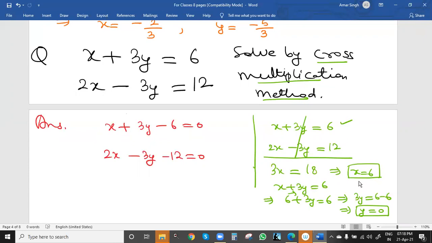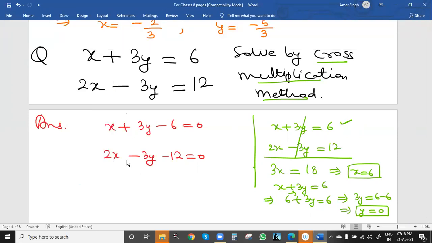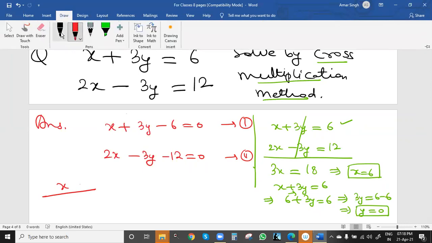Always, in the graphical method, and also in any method, we can use the elimination method or the substitution method. Mostly the elimination method is the best, or we can say the easiest method, to get the values of x and y. Now coming to the cross multiplication method, here we have to solve. See, simply we can also use the direct method, no need to write the formula, just put the x value, write x, and then directly write the values. So which values will be multiplied? Cross.